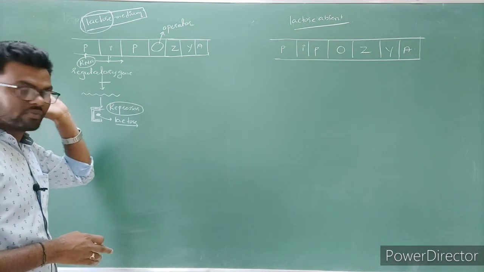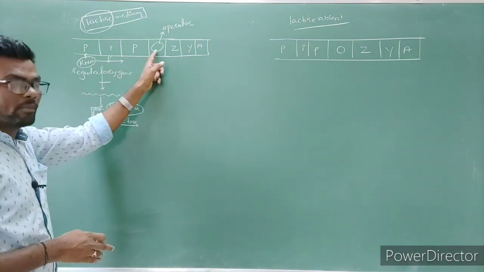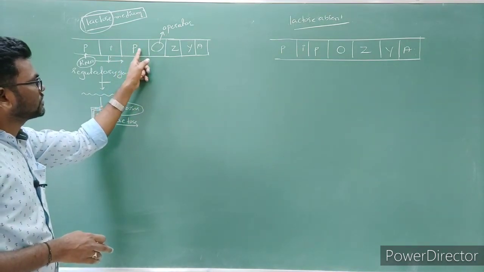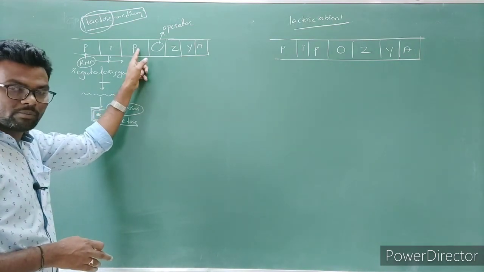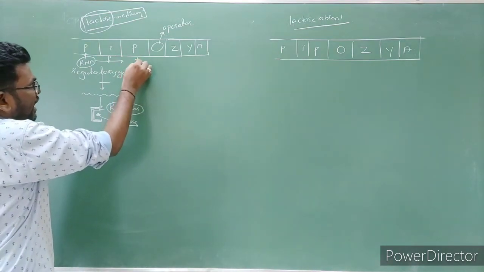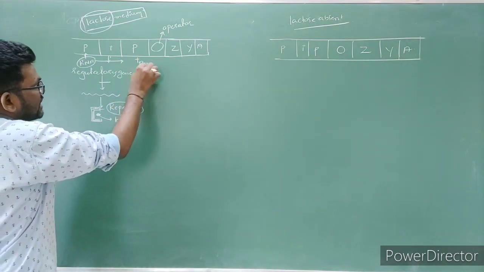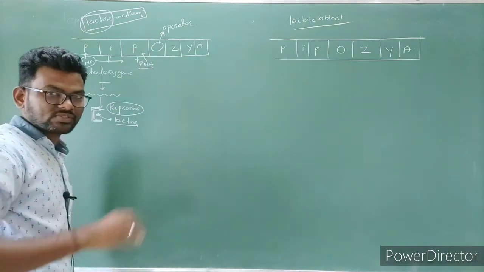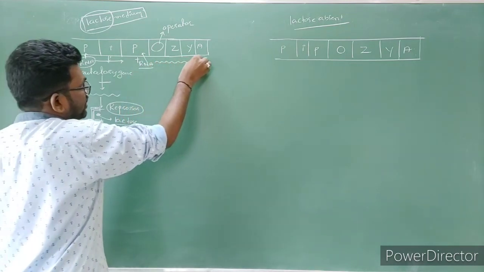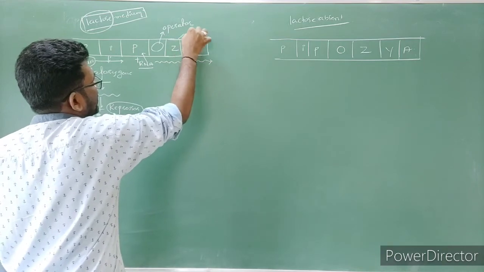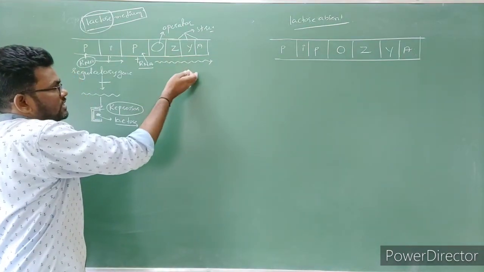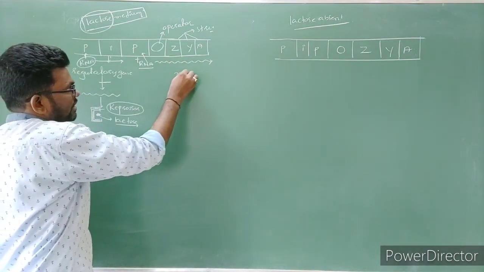So in this case, if the repressor is not bound to the operator site, then the promoter, which is beside the operator, is opened. Now it is a comfortable condition for binding of the RNA polymerase enzyme. Once it is bound, initiation is started. The RNA polymerase moves over the operator to the structural genes. These three are structural genes, right? Now this gene information is transcribed to form one mRNA.